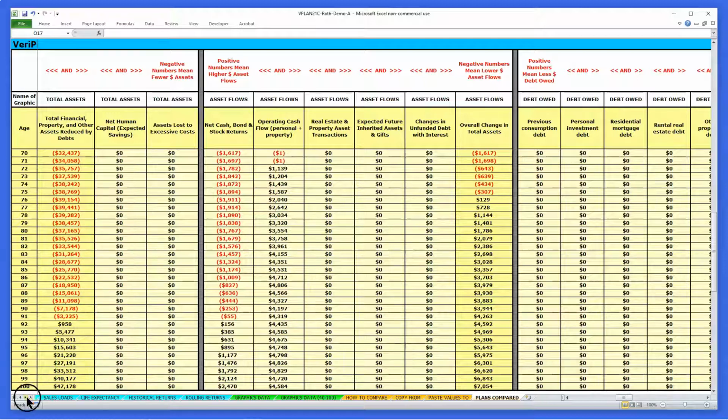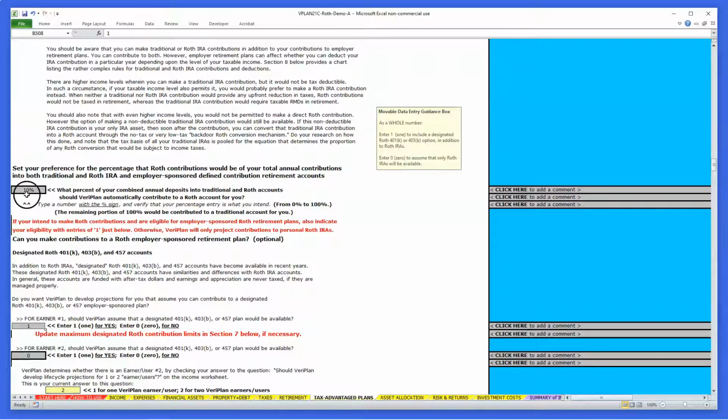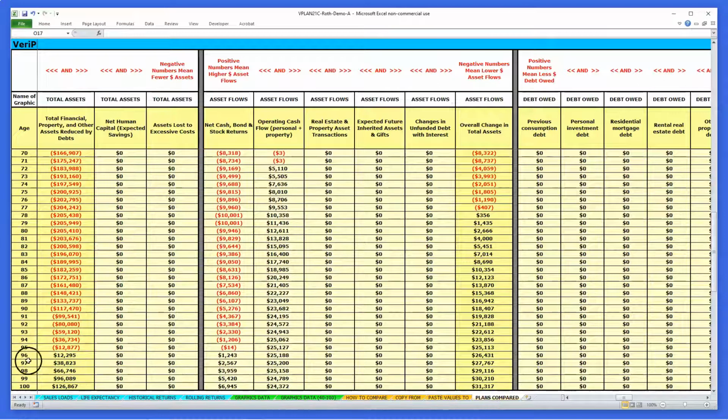Now, let's test another value just simply by going back here and saying, well, what happens if they actually were to contribute 50% of their assets to Roth and 50% to traditional over their working lifetimes? And now let's go back to the comparison tool, which will show us what the difference is. Well, it turns out that instead of the break even being age 92, the break even moves out to age 96. So clearly for this couple in their situation, it's unappealing for them to be making contributions to Roth accounts